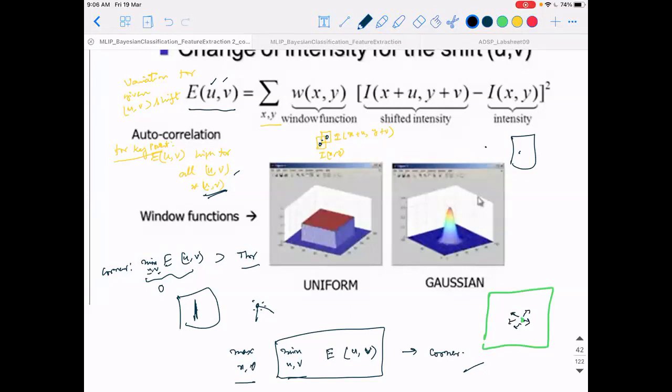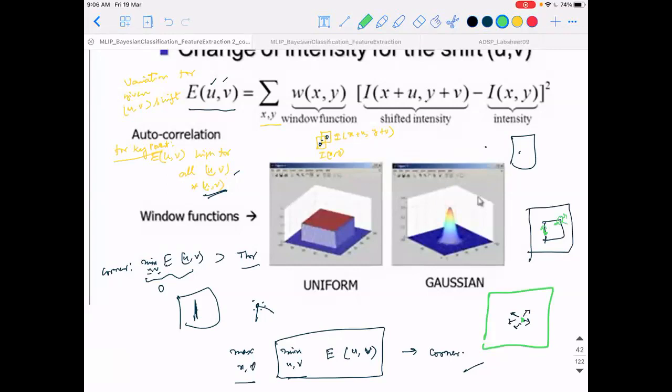So what is the optimization function, or how do I quantify it? If I have an edge point, then if I shift in this direction there is almost 0 change. So across all directions, does this point have intensity change in all directions? I can't say that, because if I shift in this direction the intensity change is 0. So if a point has to have a change in all directions, then this is the point where if I shift in any direction, there is some intensity change.